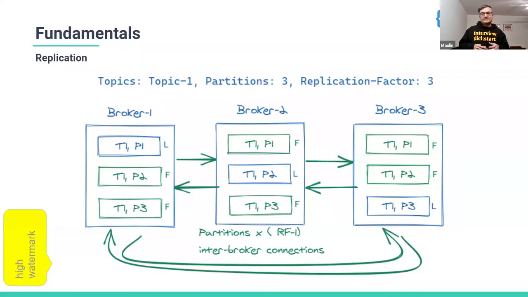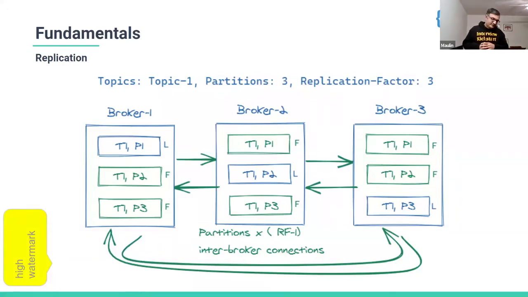So what Kafka does is, all the producer or consumer traffic has to talk to the partition leader in order to produce or consume. Which means if I were to send a message or consume messages from T1 P1, I will talk to broker 1. And if I have to consume and produce messages for the P2 partition, I will be talking to broker 2.